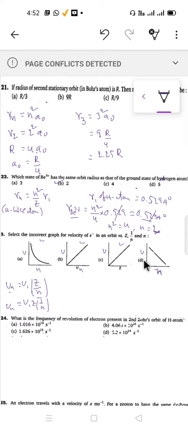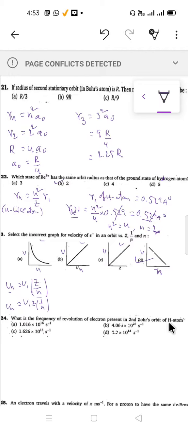So the remaining incorrect one is like this. This is the incorrect one. There is no such relation of V versus n like this. So according to this, the incorrect graph is this. Okay, next question: what is the frequency of revolution of the electron present in the second Bohr orbit